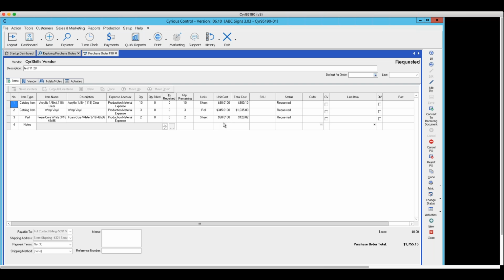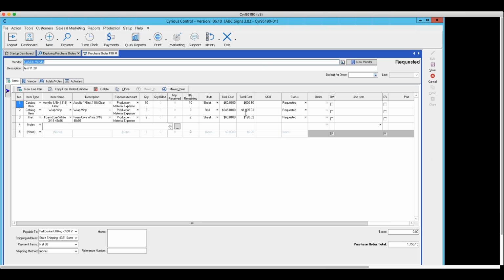It pulled the unit cost from the part, okay? If I know that this particular time, maybe they've got a promotion going on and the unit cost is $50, okay? So it's 10 rolls at $50 for $500. The point that I want to make is that the cost originally came from the part,